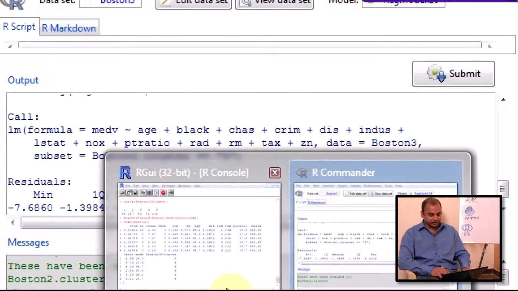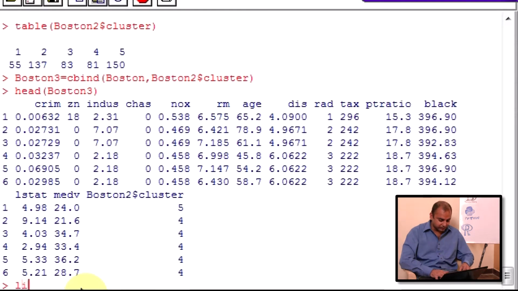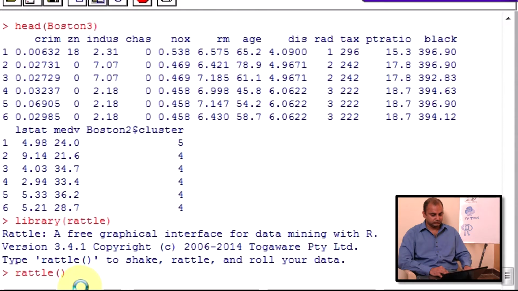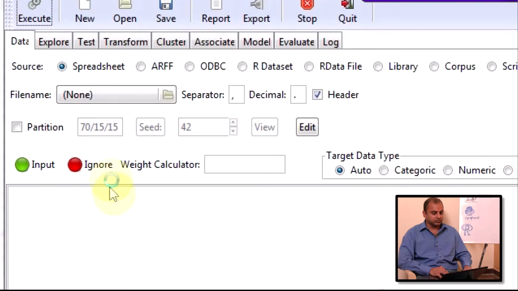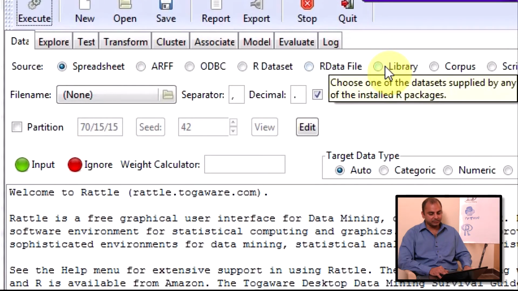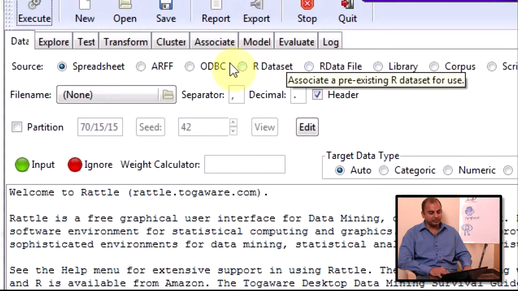Let's do more of this using the Rattle dataset. Now in the Rattle dataset, I can choose from spreadsheet, library, or ODBC.